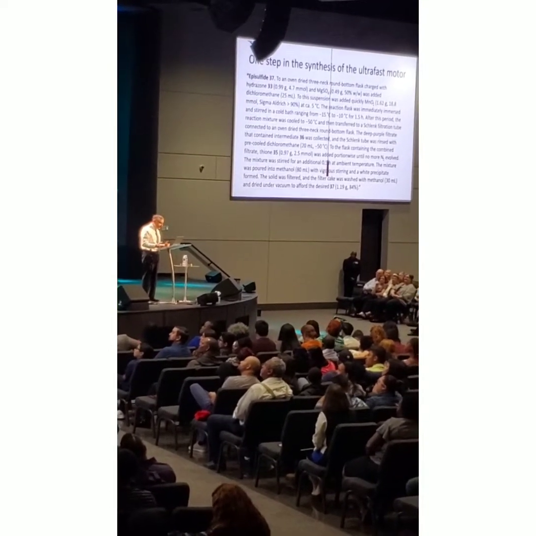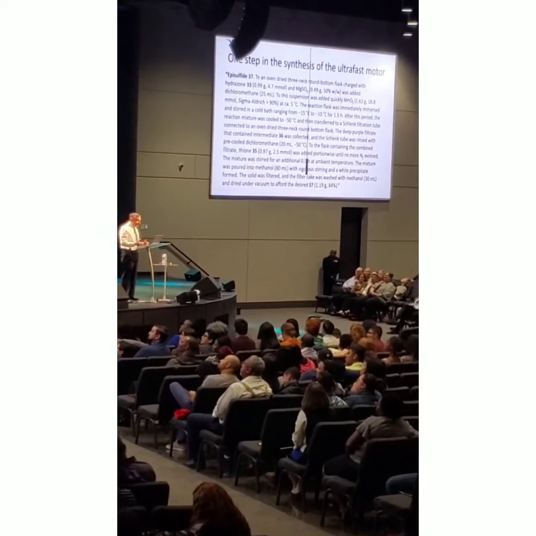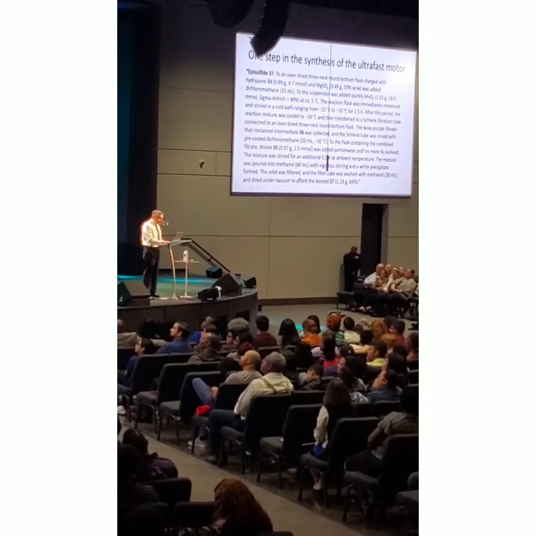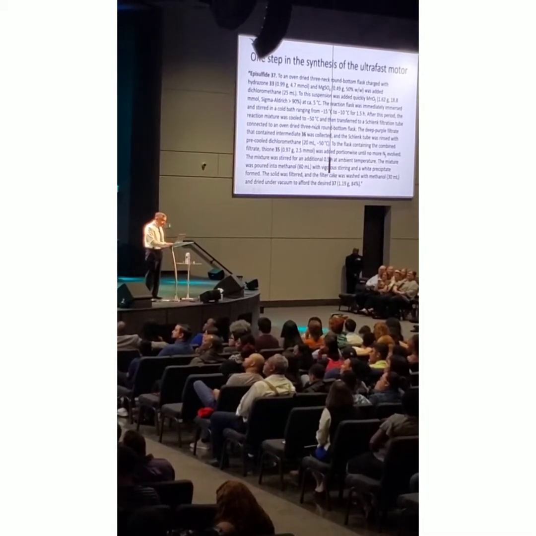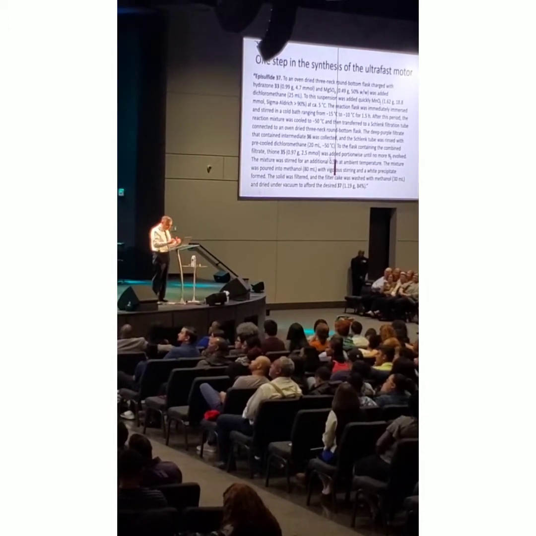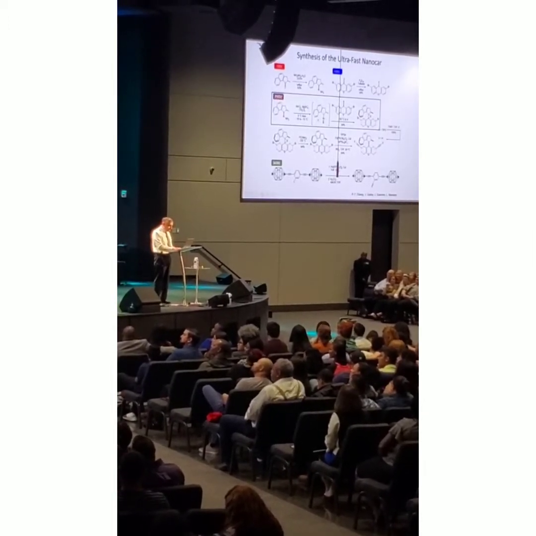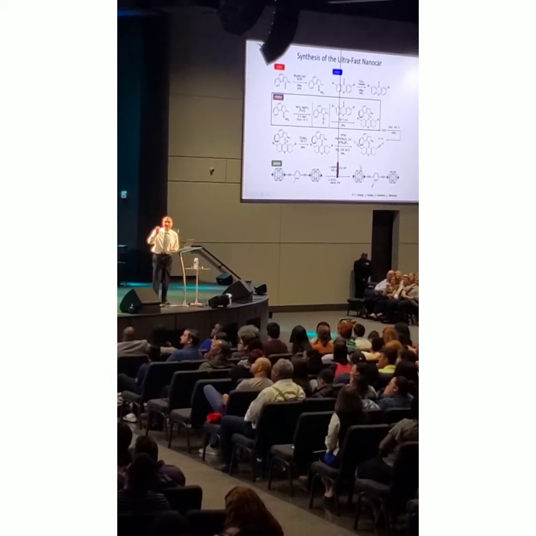magnesium sulfate was added, dichloromethane. To the suspension, manganese dioxide was quickly added at 5 degrees, and you cool it to minus 15 or minus 10 for an hour and a half. Then you cool it to minus 50. You're warming it, you're cooling, and if you go back, you see all these steps. You're cooling, you're warming, you're cooling, you're warming. How does nature do this?